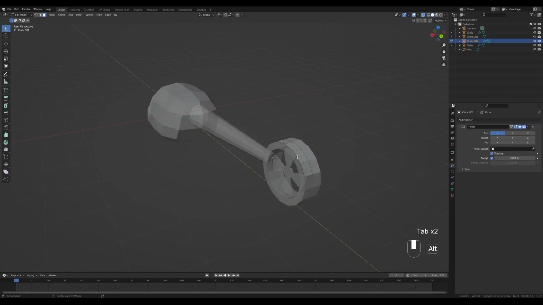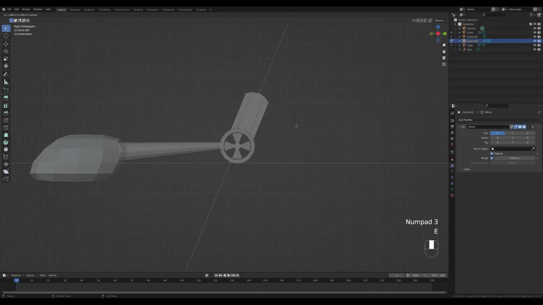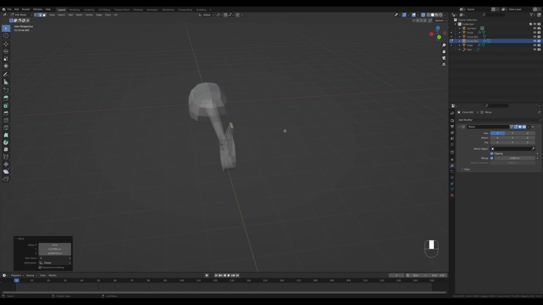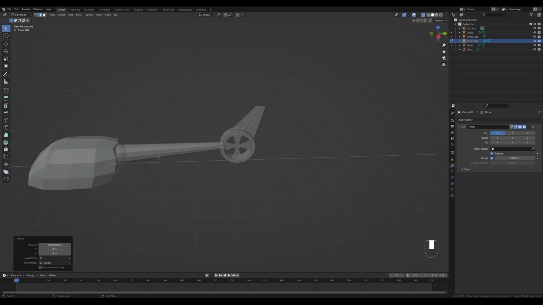And of course we need to make this a little bit more narrow, so let's press 2 for edge select, alt click here, and G twice for vertex slide. Let's press A to select all. Let's look from the side by pressing 3 on a numpad, and let's press E to extrude, and now S, then Z, and scale to 0 on the Z-axis, enter, and now we can press S to scale it down, and G additionally to place it somewhere around here. So this is something you should have here. You can press G then X to move it towards the middle, and the mirror modifier will take care of the rest.